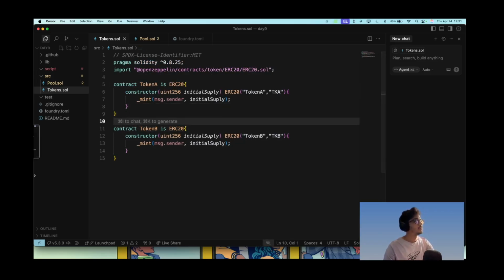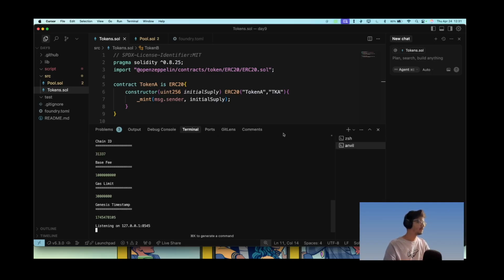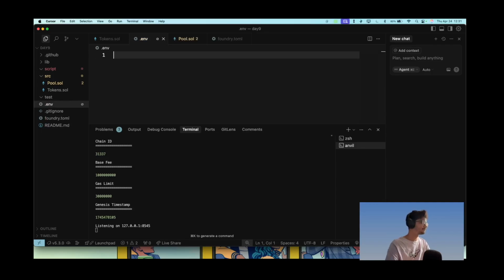Okay, now we'll write the pool contract. First we need to deploy these two tokens and get their addresses. Okay, so let's deploy them on Anvil today. I don't want to interact with Sepolia that much because we are deploying many contracts. So this is our Anvil. Let's set up a .env. Okay, RPC URL is equal to http,